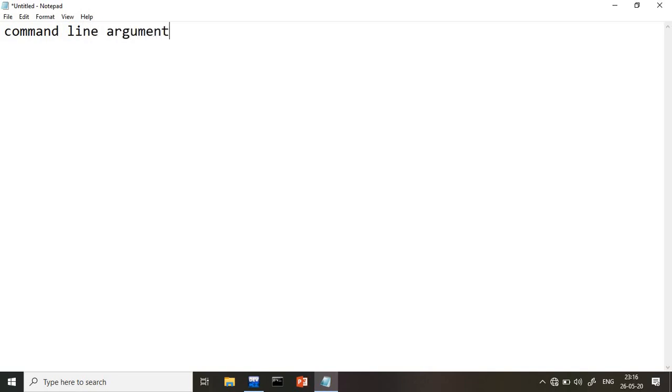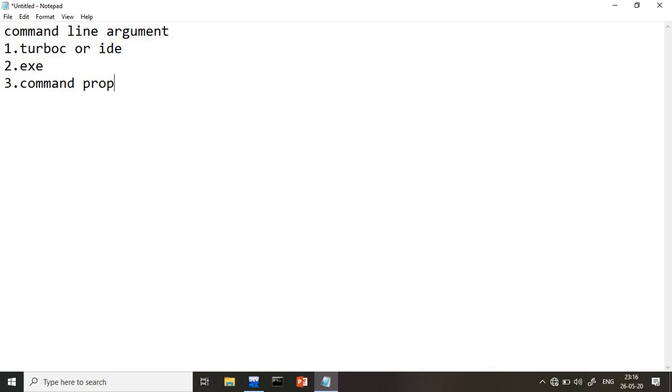So basically, many of you are aware of how to execute the program. Generally we know about using Turbo C or using an IDE. This is the one way which is very common, everybody is aware of this one. Second, by using an exe file, nothing but we will create a program and when we double click, the program will execute. And the third way is by using command prompt.